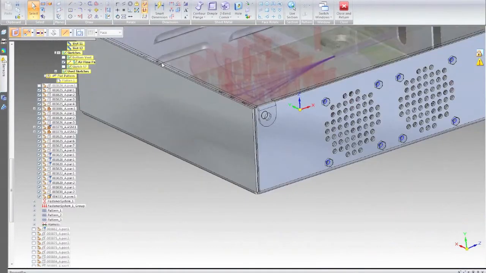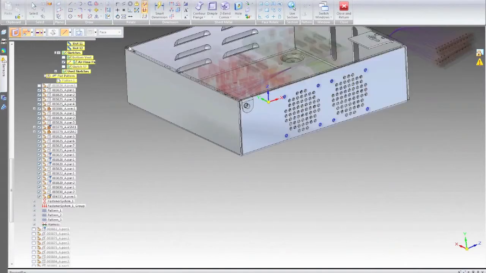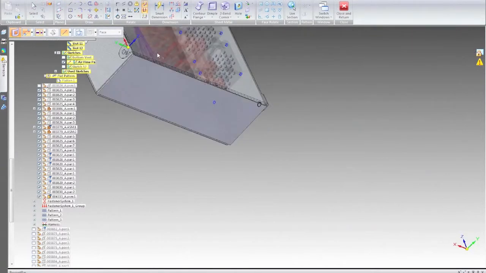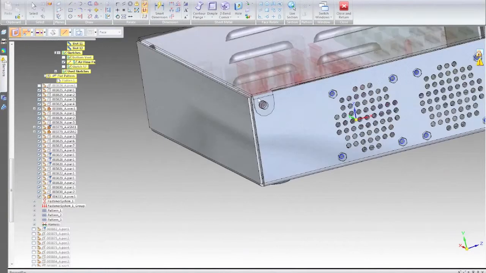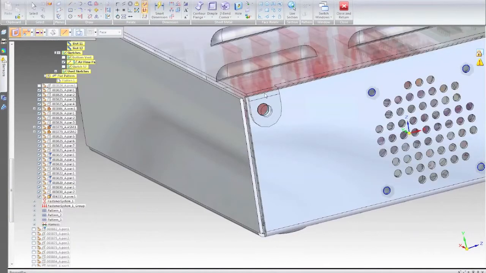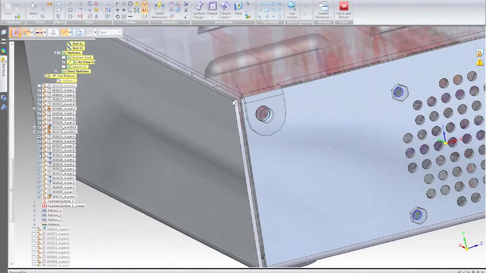Click on that hole. I want to click on the region. And I want to extrude it through all. There we go. Now I have a hole going all the way through my box. Now if you notice right here, if I were to pick this lid up, I'll be running into interference here because this edge is too tall. So to fix that,